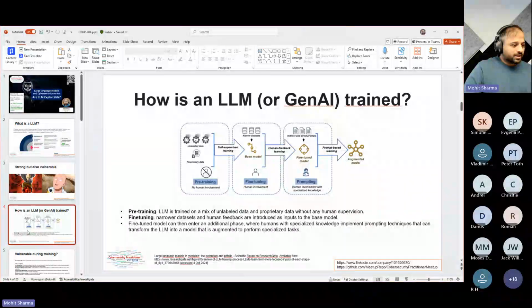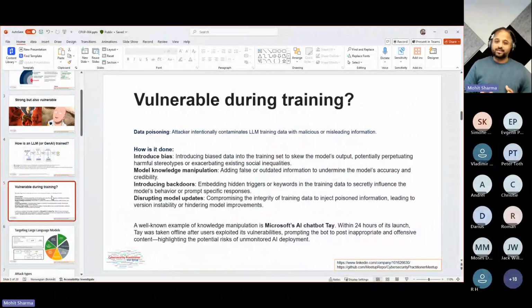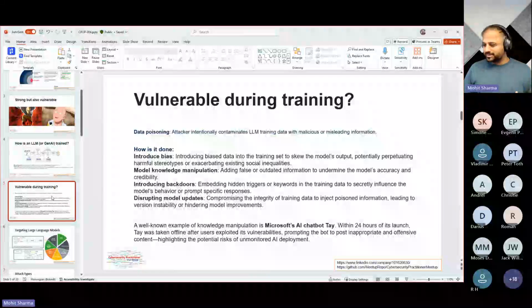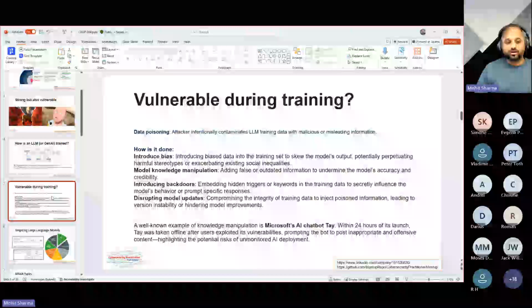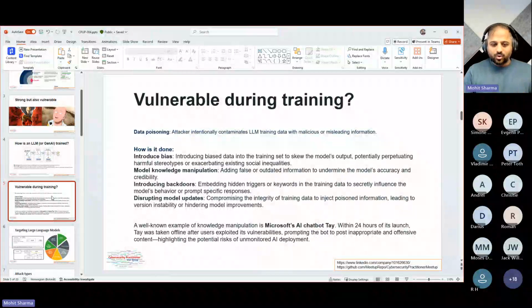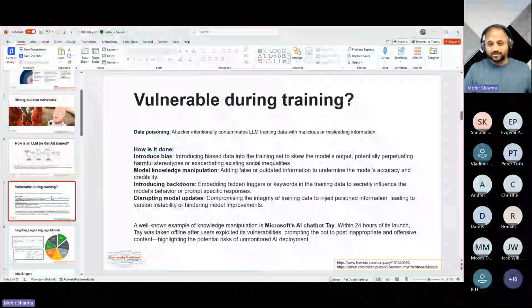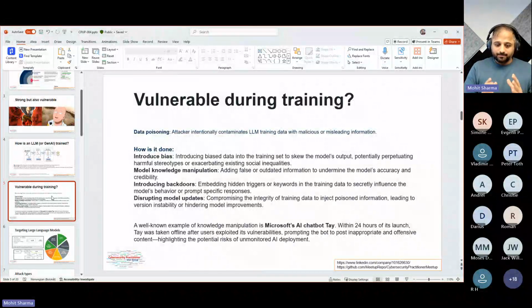Well, that happens because they are used to data. If the data is corrupt, as I mentioned, the internet is not representative. The Reddit post or the X post is not representative of human civilization or in general about how we react to things. The bias in the data is reflected there. The knowledge manipulation happens. People introduce backdoors. Words that mean different things are introduced, and that bias is carried into the final product where